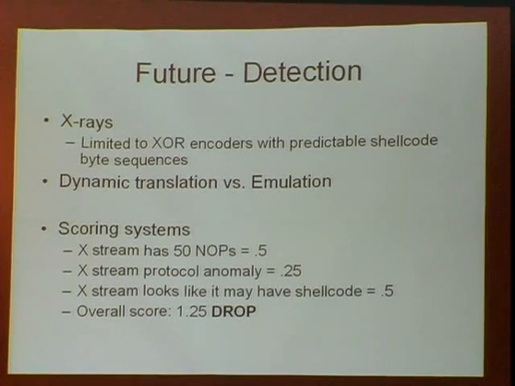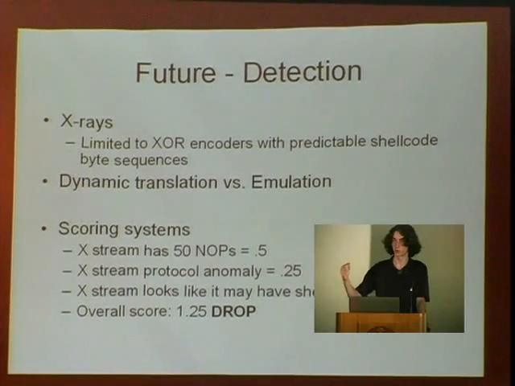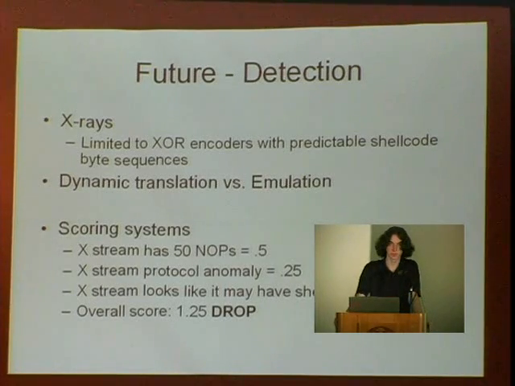And if it finds that that assembly code looks like an encoder, for example, it goes down and it loops back up and changes some memory, and goes down and loops back up and changes some memory right ahead of that, and it just keeps doing it. What it'll do is it'll wait until it deciphers the whole shellcode, and it'll try to fingerprint that shellcode. So dynamic translation is essentially just an intelligent assembly parsing program that can just look at packets and see if there's a polymorphic shellcode